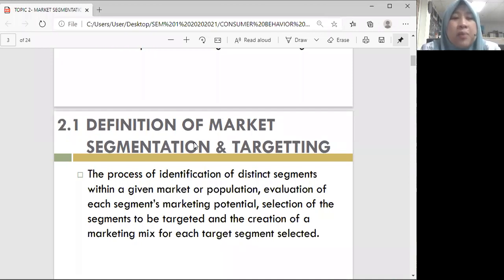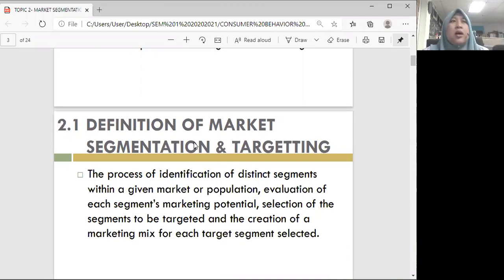The definition of market segmentation and targeting: the process of identification of distinct segments within a given market or population, evaluation of each segment's marketing potential, selection of the segment to be targeted, and the creation of the marketing mix for each target segment selected. When we talk about the process of identifying distinct segments within a given market or population, it means you have different segments. Segmentation means you differentiate,